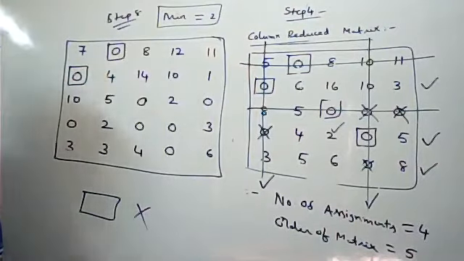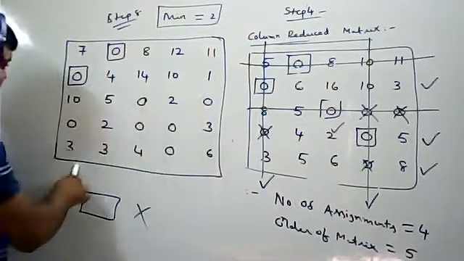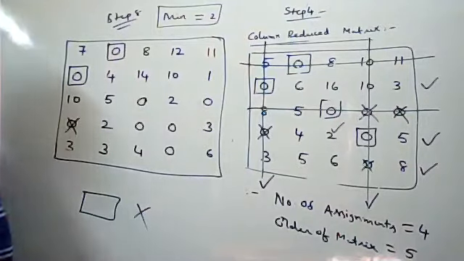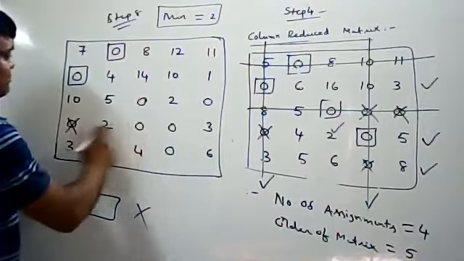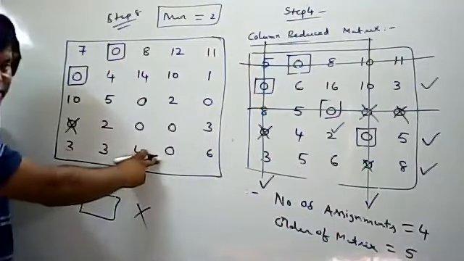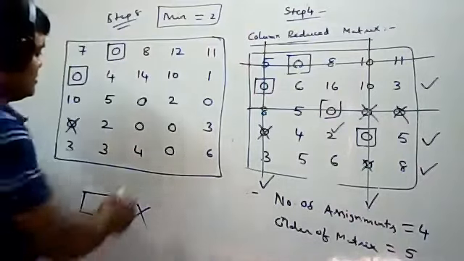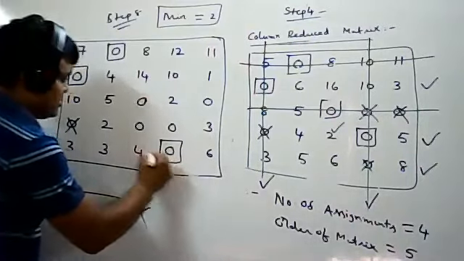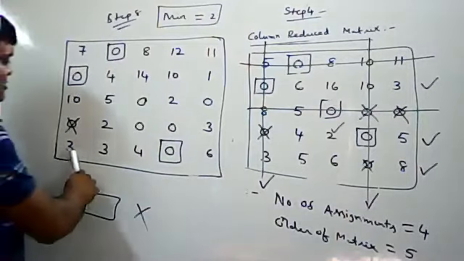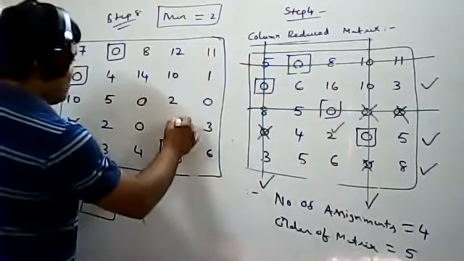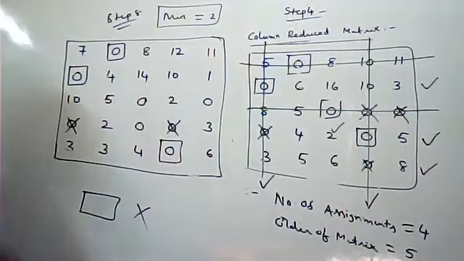Directly make the assignment. Any other zeros in the row side or column side should be crossed off. Now, is there any row that consists of a single 0? Third row has 2 zeros, fourth row has 2 zeros, fifth row has a single 0. So first go for single zeros. If a single 0 is not available, then go for 2 zeros. Make the assignment directly. Row side zeros are not there, column side 0 is there, so I have crossed that one.